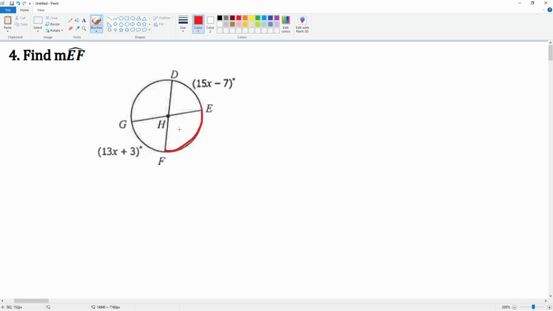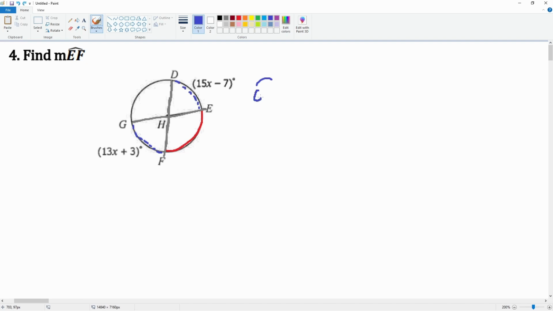Well, notice that this is the diameter. Notice this is the diameter, right? And then this is also the diameter as well. Okay, so the fact that these two are diameters that cut from each other, you could set up the equation, but in short, this part is equal to this part. So you can say that the arc of